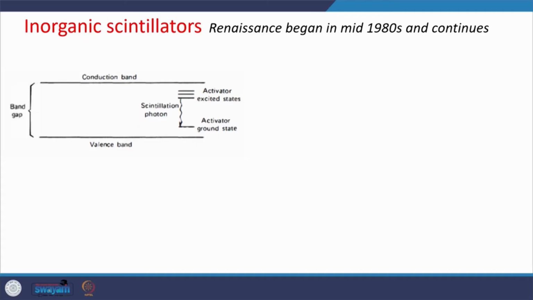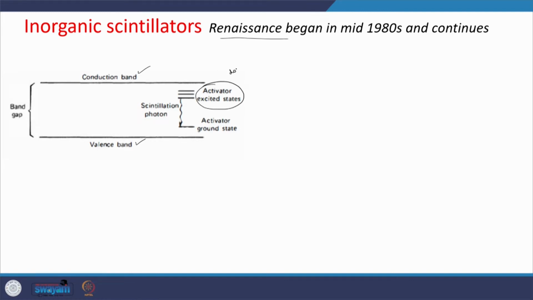All right. So, here you can see the band diagram for inorganic scintillators. Here we have replaced the medium of detection from gas to solid, though we know that sodium iodide doped with thallium has been in use since 1940. Actually, the renaissance began in the mid 1980s and still it continues. So, in inorganic scintillation crystals, when a transition takes place from conduction band to valence band, the emission of photons is not an efficient process. That is the reason